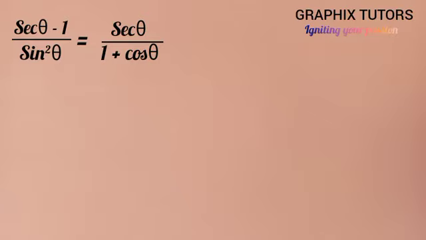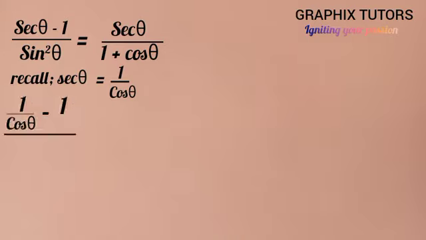If you look at the numerator and the denominator here, the numerator is sec theta minus 1 and the denominator is sine square theta. Now you need to bring them to their lowest form. With my previous video, I made you understand that sec theta can be written as 1 over cos theta, the inverse of cos. If I implement this into the above expression, I'm going to have 1 all over cos theta minus 1, all divided by